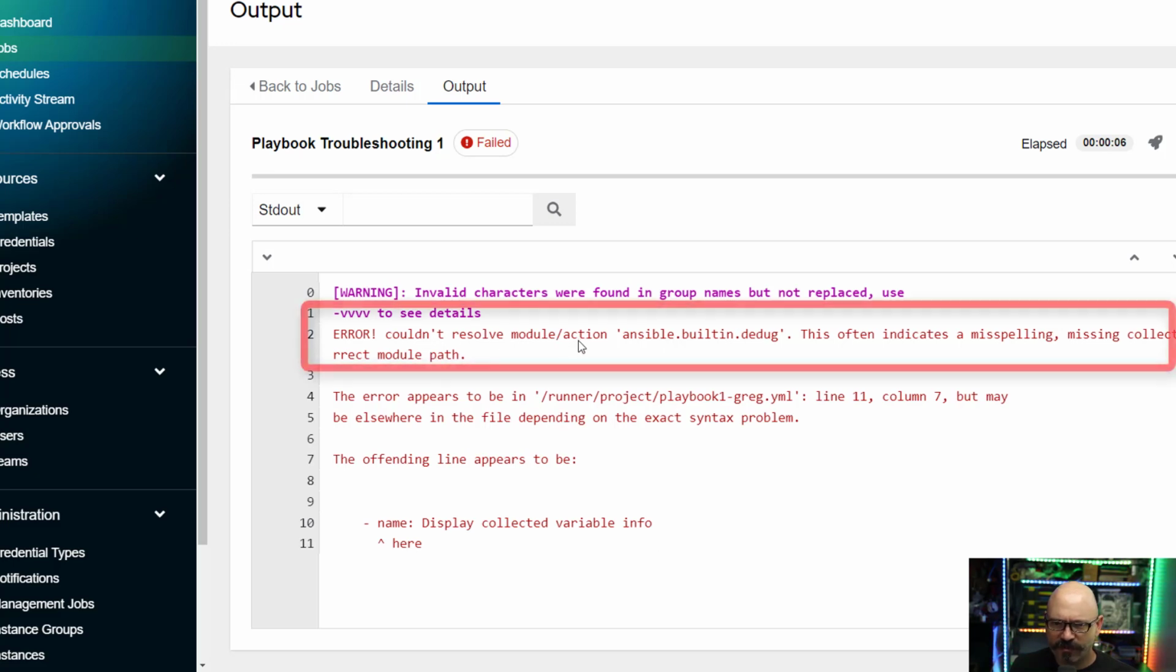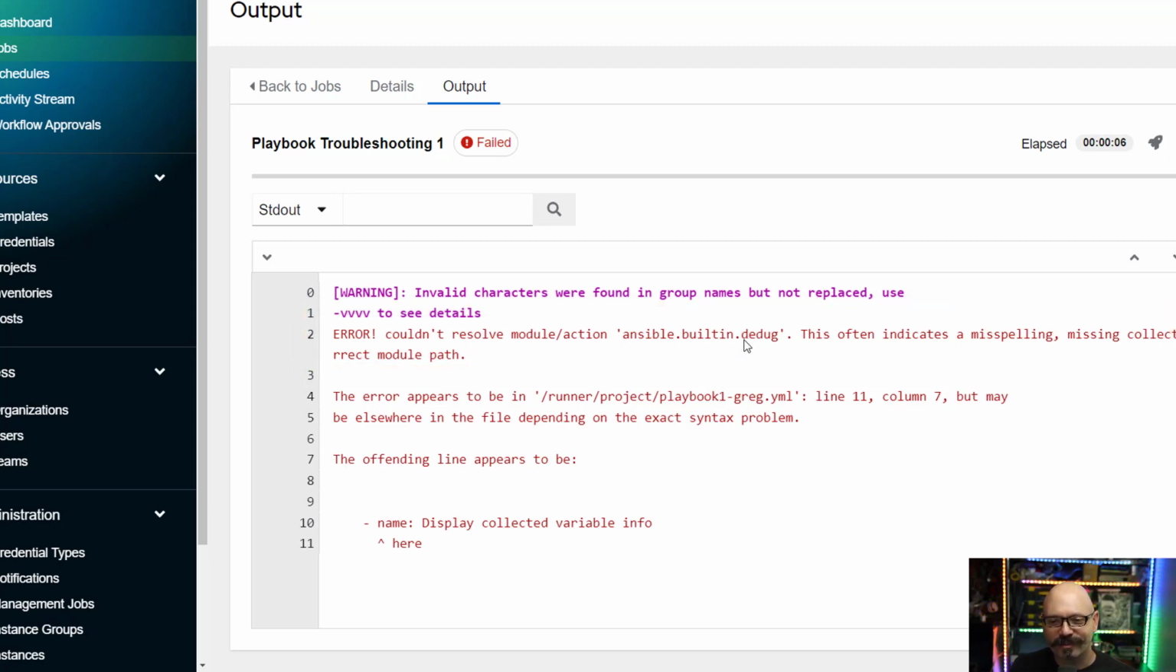It says couldn't resolve module/action. So I immediately see what it is. I am bad at grammar sometimes, and so Ansible.builtin.dedug instead of debug, right? So if it ever says, hey, I can't find a module name, 9 times out of 10, I've just misspelled